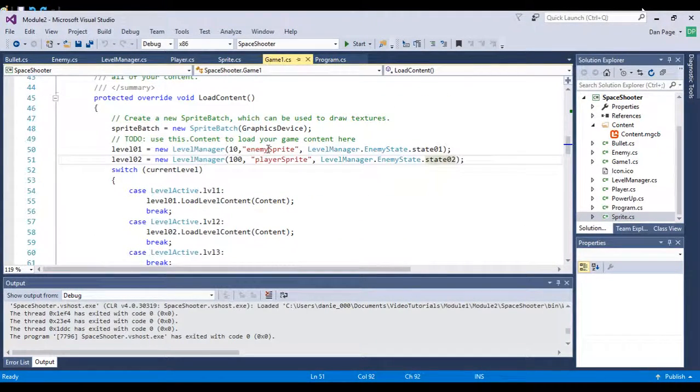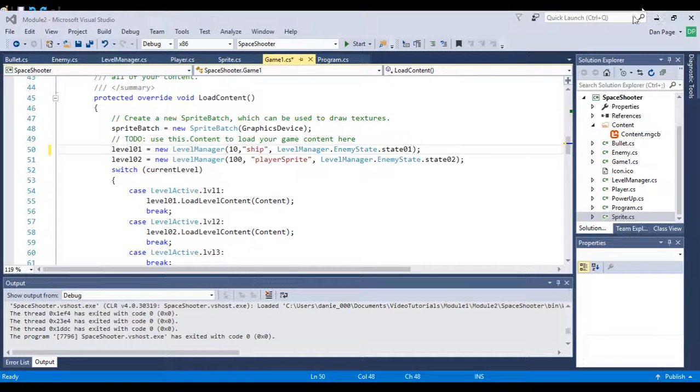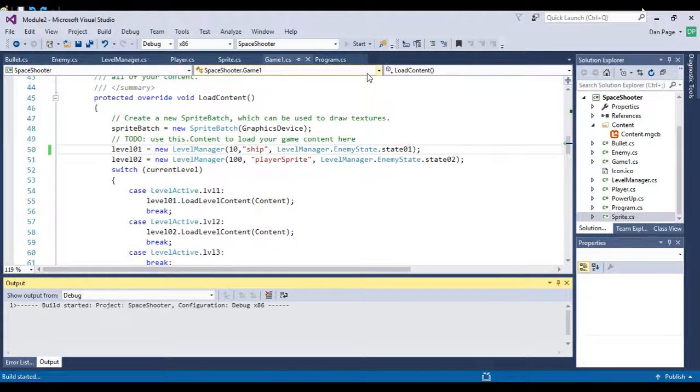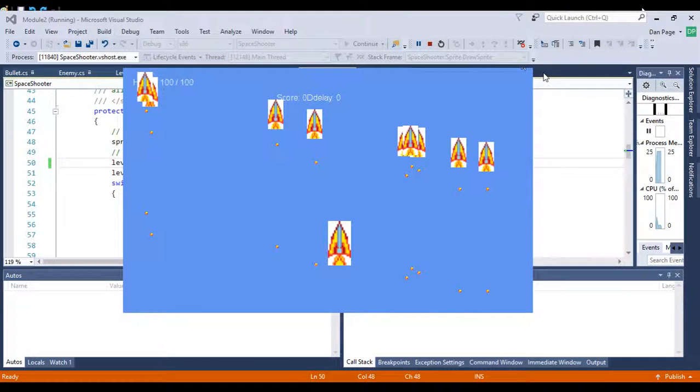I'm going to change that to ship as well. Because if you didn't already notice, in Paint I've got my ship, and an enemy I wanted to use underneath there. So let's hit run now. So now they're the same ship, but